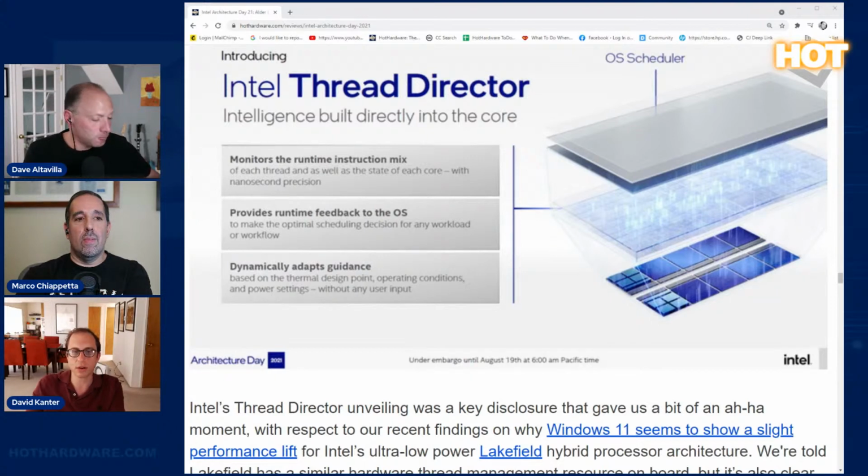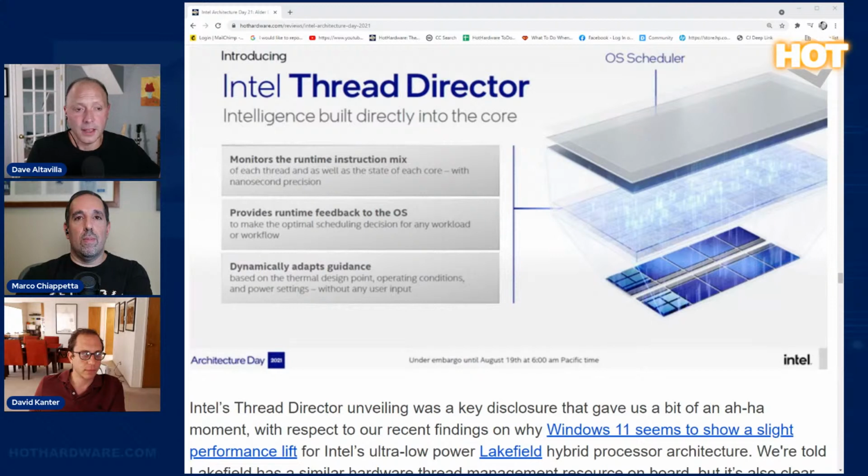And so, I think there's an opportunity to capitalize on learnings from there, but I'm sure there's going to be a learning curve for Intel and Microsoft as well. But I'm really excited to see what it can do. Yeah. It's cool sounding technology for sure. And I'm eager to see what it does as well.